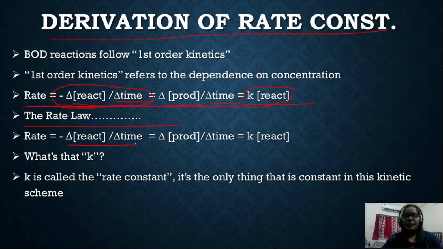So the rate of a reaction is generally defined as the amount of reactant decomposition per unit time, or the formation of product per unit time. That is your rate of the reaction. Understand? Here the rate constant is marked as K. K is called the rate constant, and it is the only thing that is constant in the kinetic